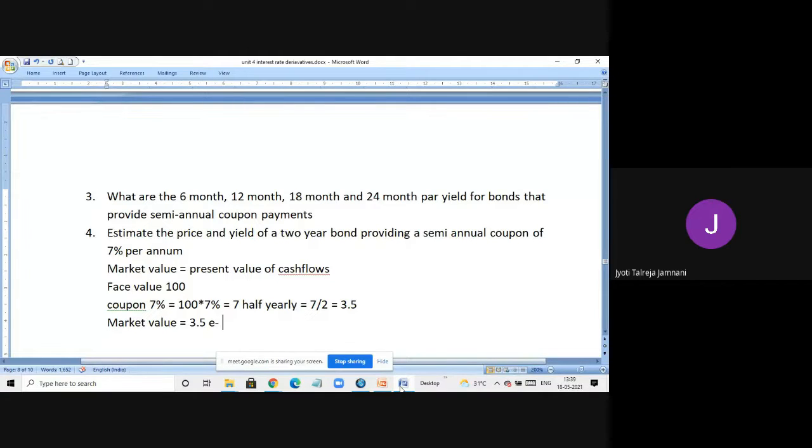I don't have the solution, it's in the other PC. So in the first question, you all have the solution. We had found the rate for bond A, which was a 6-month bond. And I think it was 4.04%. Can anybody cross check and let me know? 0.04 it was. 0.0404. Yes, all of you?